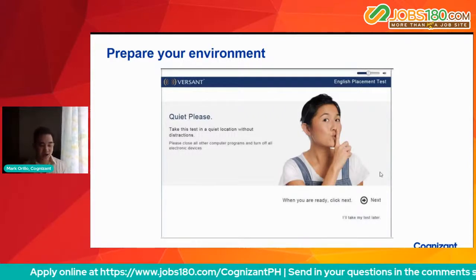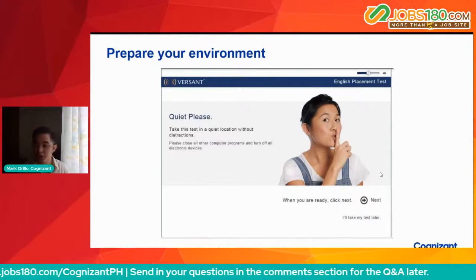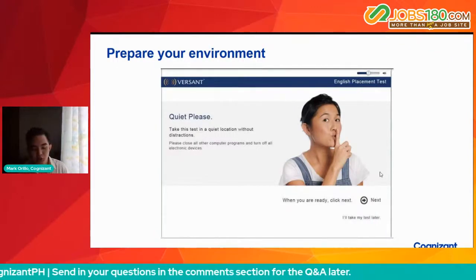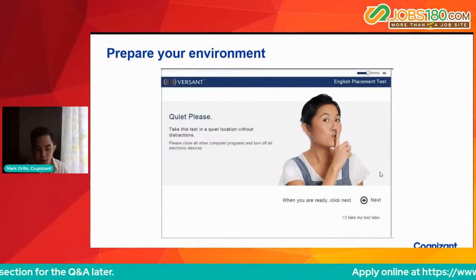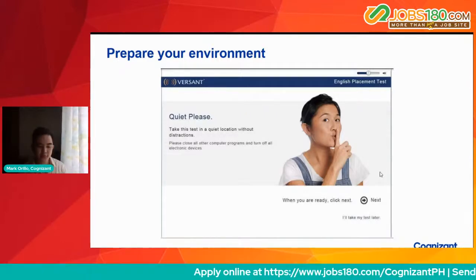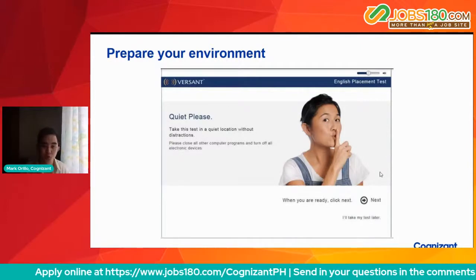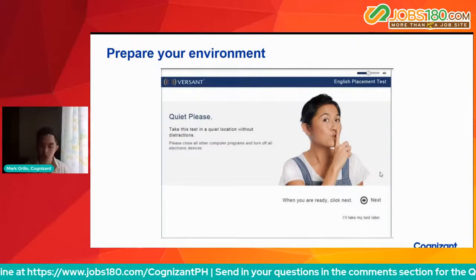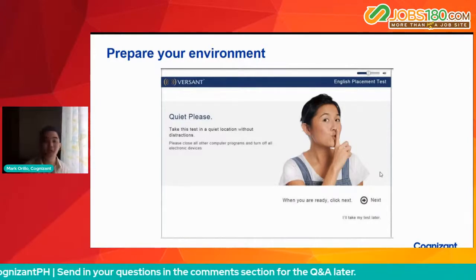Okay. Going back, you need to prepare your work environment. You need to be cognizant of what's in the background, what kind of noise you might hear, and how the acoustics are in the room. This might be one of the requirements that employers are checking before your job offer. Okay, because in my case, we have clients